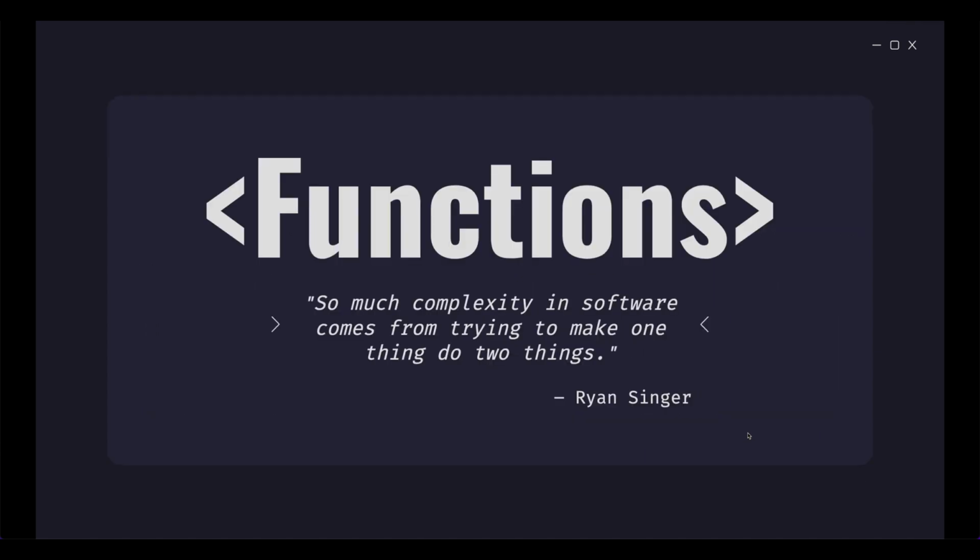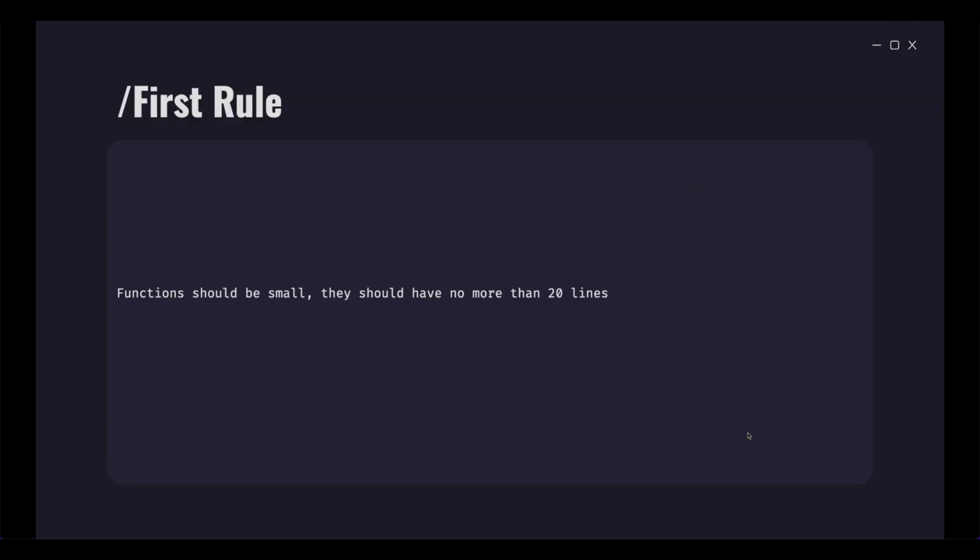Next we're going to talk about functions. And we are going to go through 3 rules here. The first rule is that functions should be small, and they should never contain more than 20 lines. This means that if you have a large function and it's possible to extract a part of that function into another function with a meaningful name, that is with very high certainty the right thing to do. This will make the code easier to refactor, easier to read, and it will make it possible to write tests for your code.